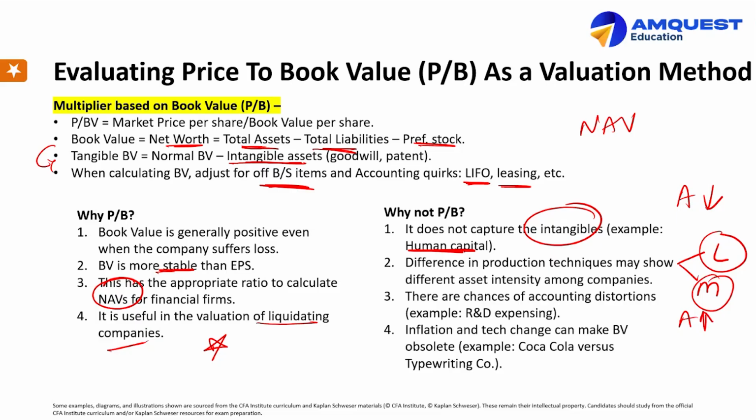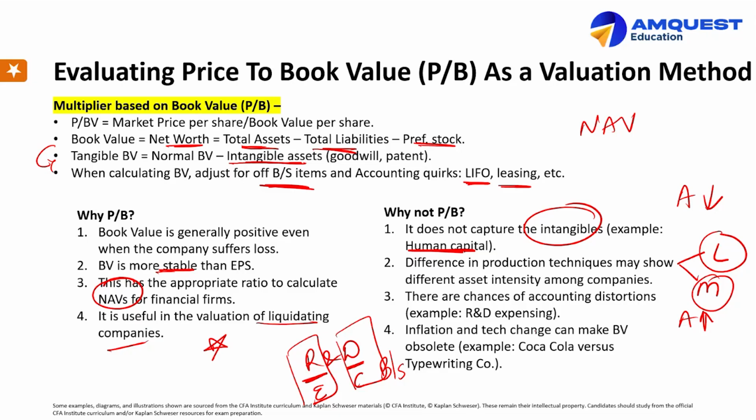तो बुक वैल्यू में डिफरेंस आ सकती है। उसके बाद देयर आर सम अकाउंटिंग डिस्टॉर्शन एज वेल। तो एफएसए में यू विल लर्न वी हैव रिसर्च एंड डेवलपमेंट कॉस्ट। तो रिसर्च कॉस्ट को हमेशा हम एक्सपेंस करते हैं, डेवलपमेंट कॉस्ट को कुछ डेवलपमेंट कॉस्ट को हम कैपिटलाइज करते हैं। एक्सपेंस मतलब वी शो इट इन द इनकम स्टेटमेंट, कैपिटलाइज मतलब वी शो इट इन द बैलेंस शीट। तो इसमें भी यूएस गैप के अलग रूल्स हैं, आईएफआरएस के अलग रूल्स हैं। तो ये सारे रूल्स की वजह से दो कंपनीज का प्राइस टू बुक वैल्यू कंपेयर करना डिफिकल्ट हो सकता है।